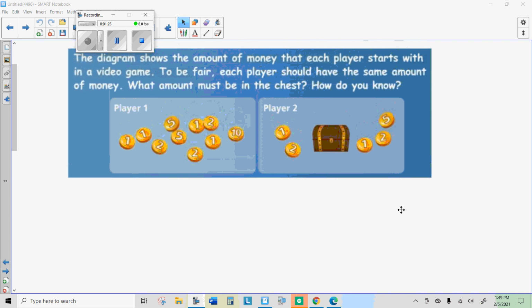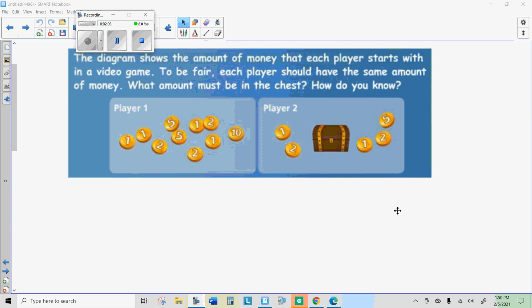These two players have the same amount of money, and we want to know how much money is in this treasure chest, knowing that these two players each have the same amount of money. What I'd like you to do is go ahead and figure it out, how much money is in the treasure chest, which I think you can do, and think of a way that you can use equations to get that answer. All right? So I'm going to pause here and let you figure it out, and then when you're done, see if you can write an equation like you did on the last assignment